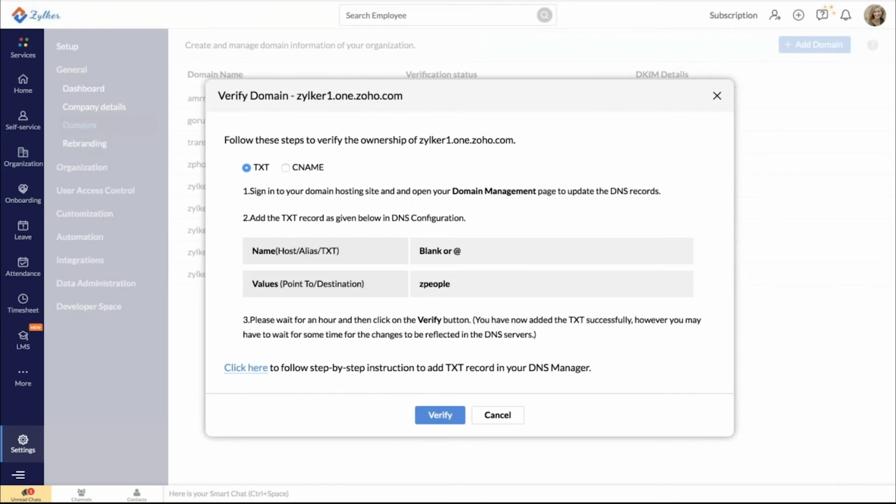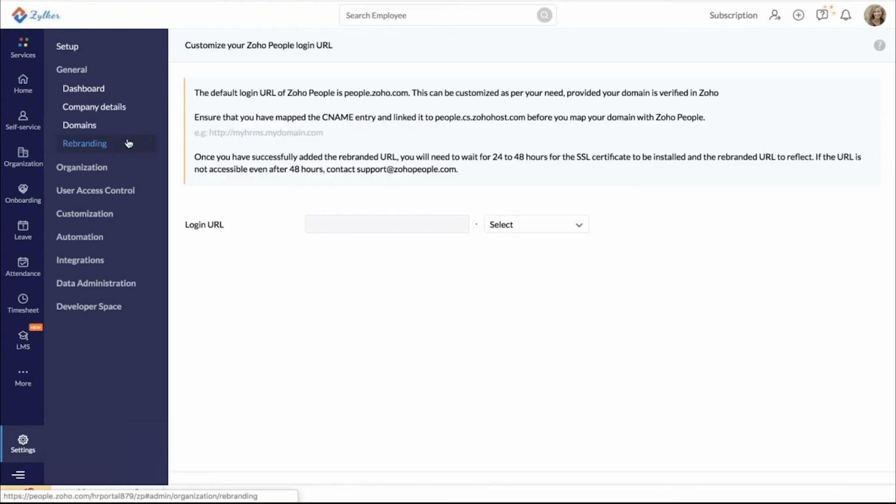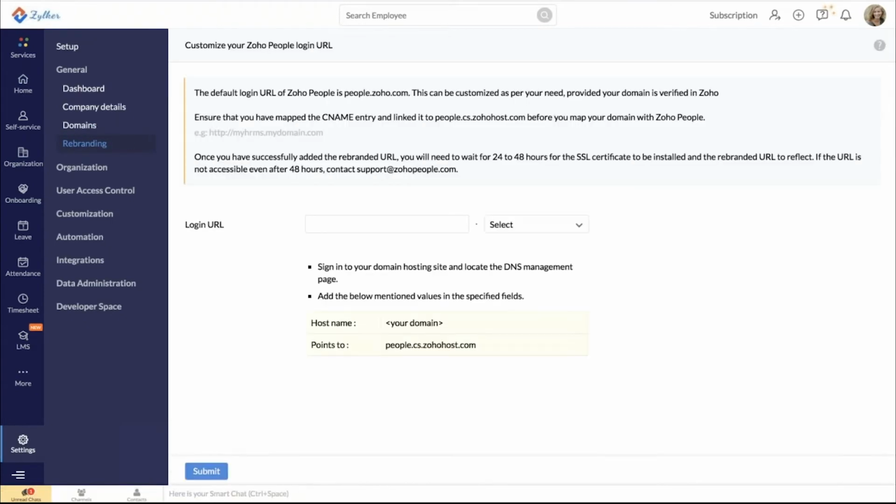Verifying this is really simple. We offer two methods, the TXT method or the CNAME method, and all you have to do here is follow the steps listed here. Once you have a verified domain, you can rebrand your company URL. As you see here on the top, your default URL would be people.zoho.com. If you would like to customize this, maybe have your company's name here, you can customize this using the rebranding